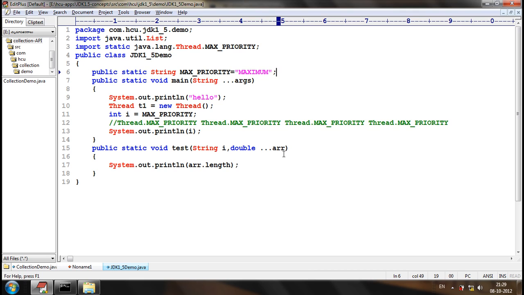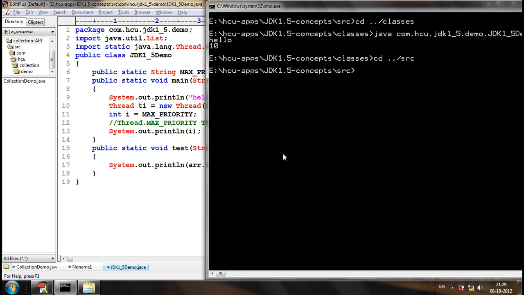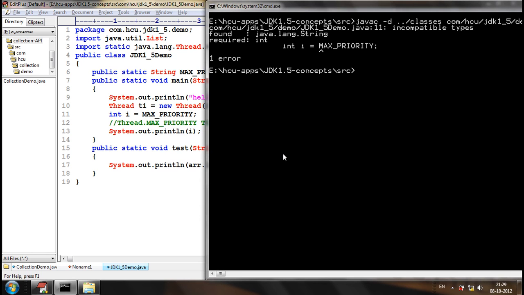Will it give a compile error or will it print the value 10? What's the error? It's an incompatible type, found String required int.